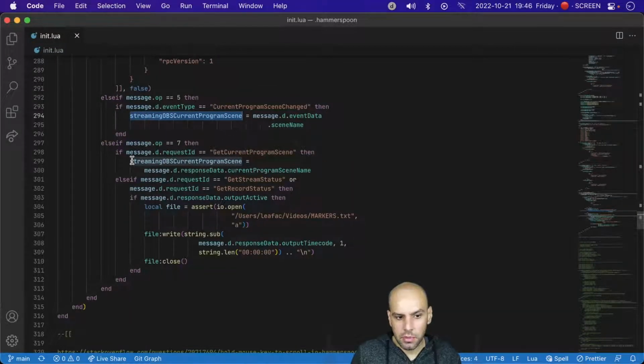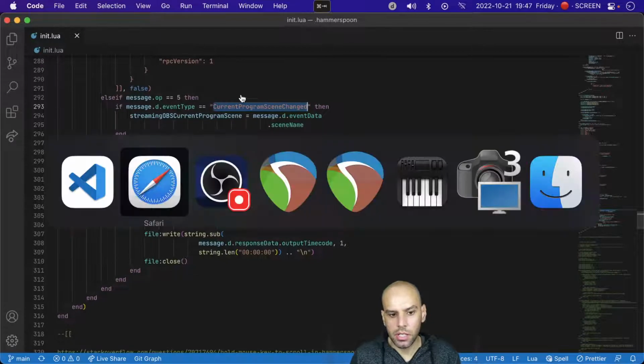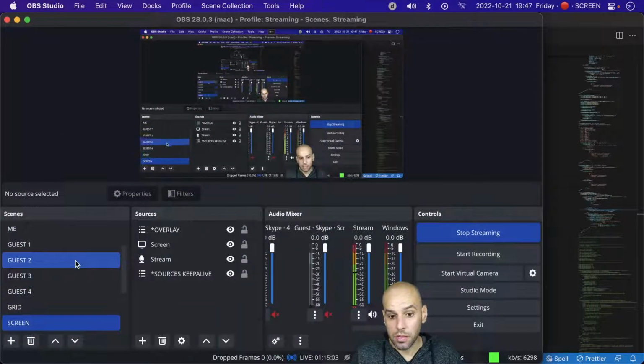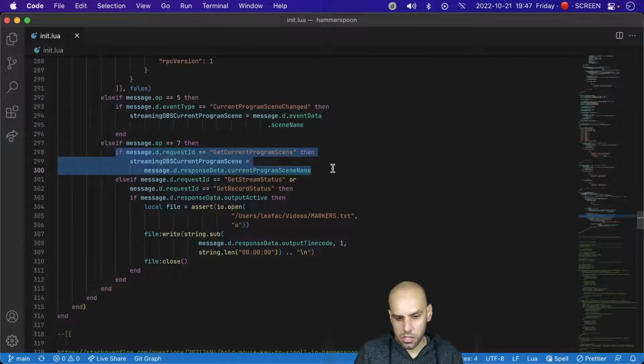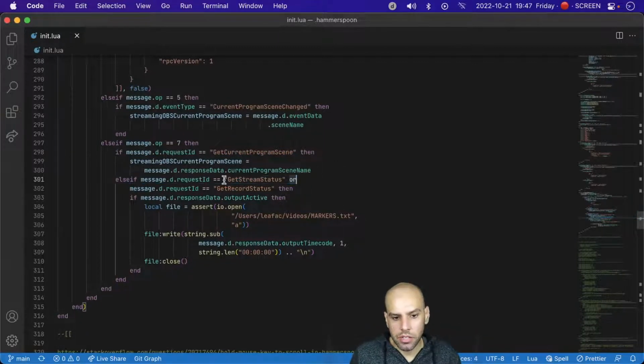And similarly, I also change this variable if this other message arrives. So this is the event that happens even if I have not changed the scene using my keyboard shortcut. I could come in the main OBS interface and click around to switch scenes. That will capture that. And this will capture things that happen when I press the keyboard shortcuts. I can also get the stream and record status